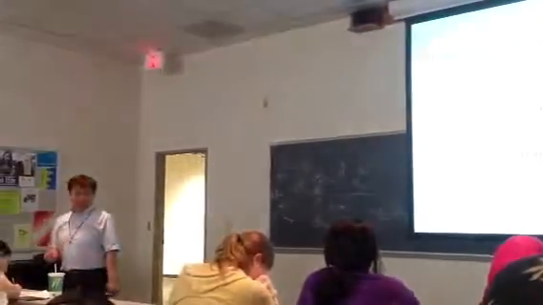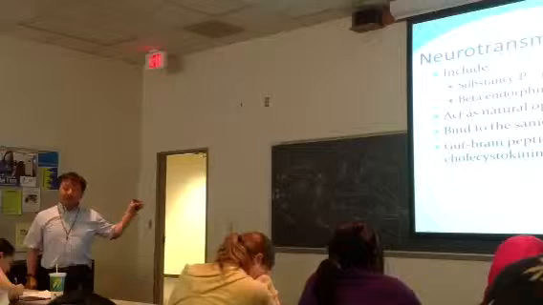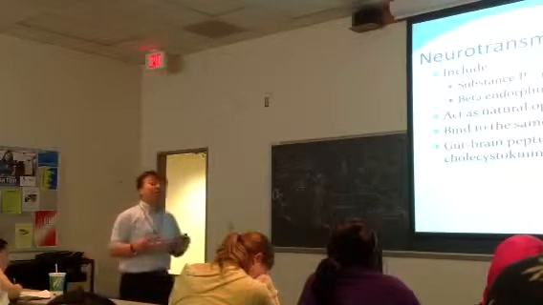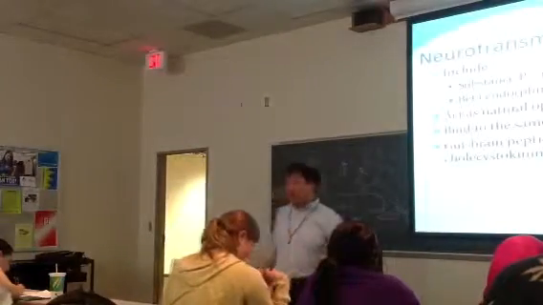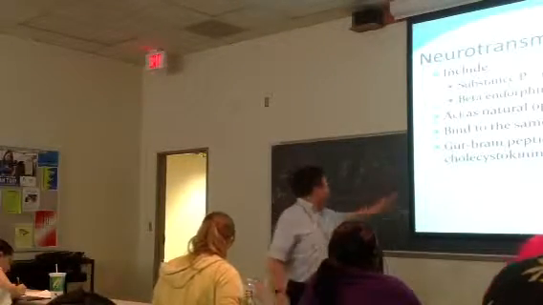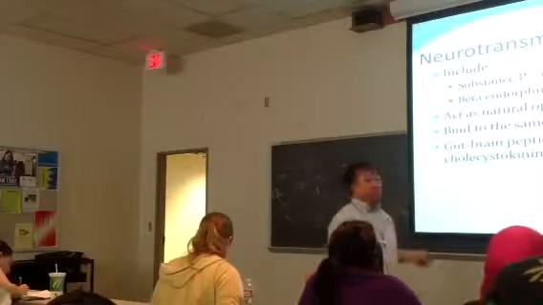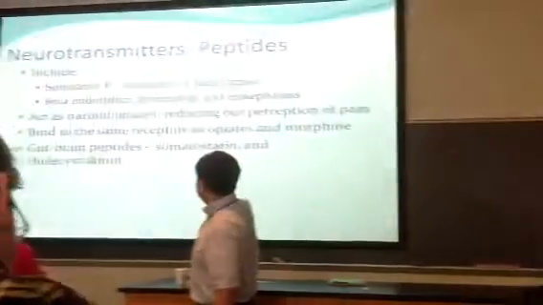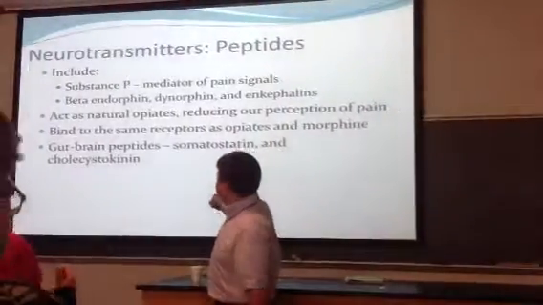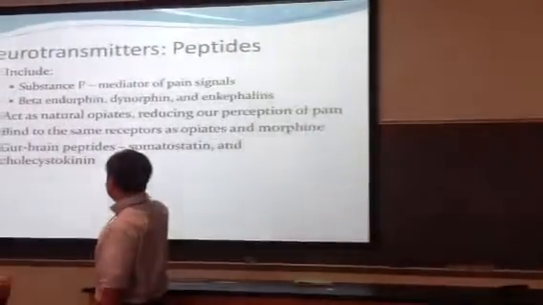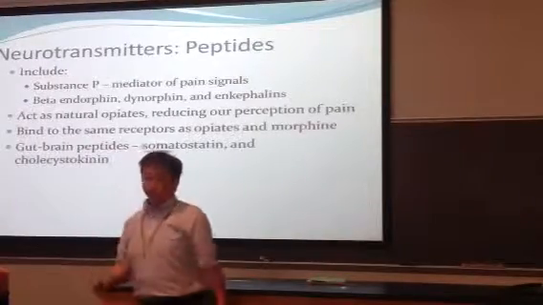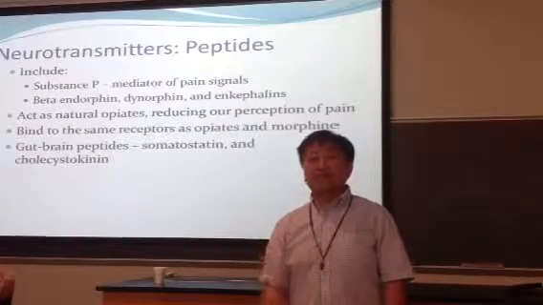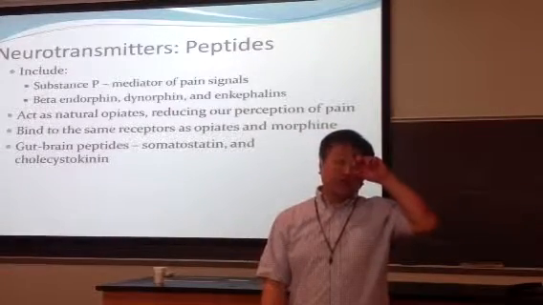What the heck is enteric? Well, enteric is a tightly regulated nervous tissue that is only found in your gut. Only in your gut, hence the name gut-brain, and that's where those neurotransmitters we call the gut-brain peptides came from. The famous one is somatostatin, and the second one is called cholecystokinin, we call it CCK for short. That's the one that we still don't know a lot about. However, the evidence is there. Have I told you a story that I have a student